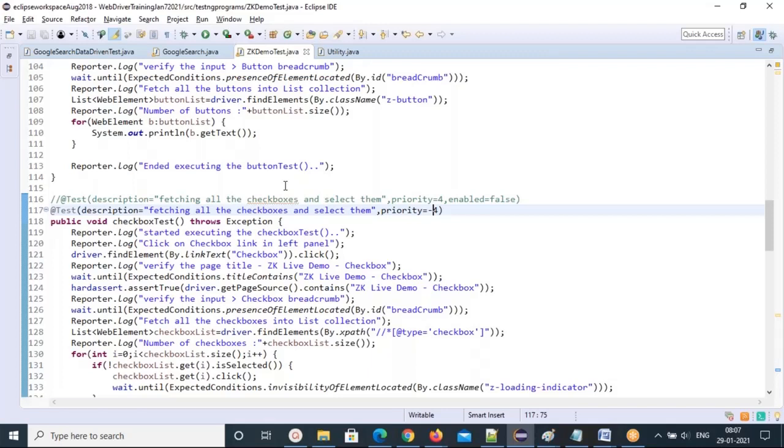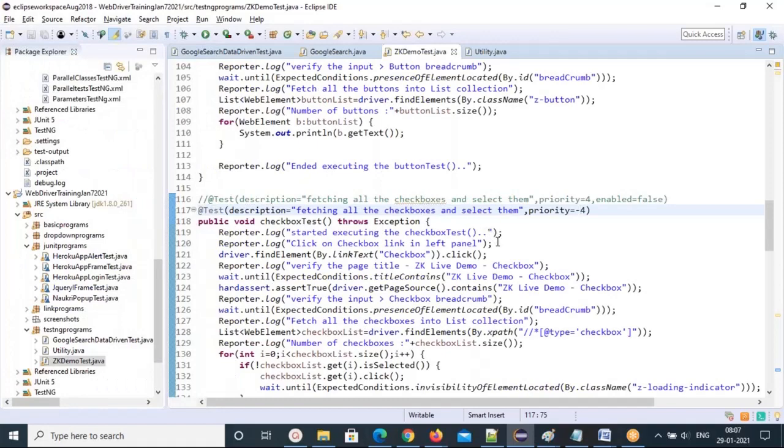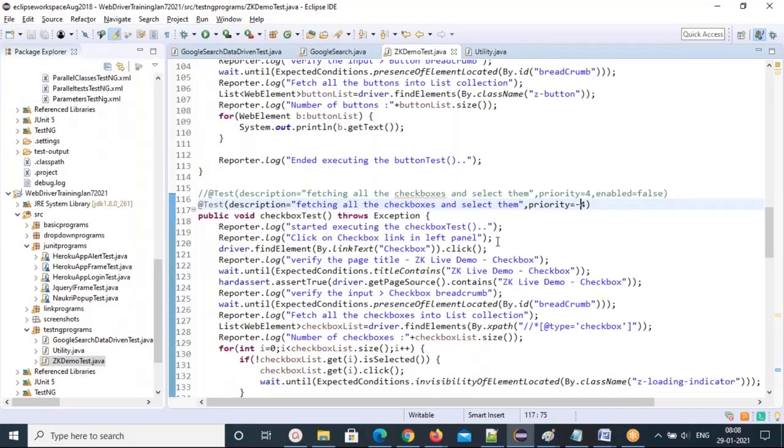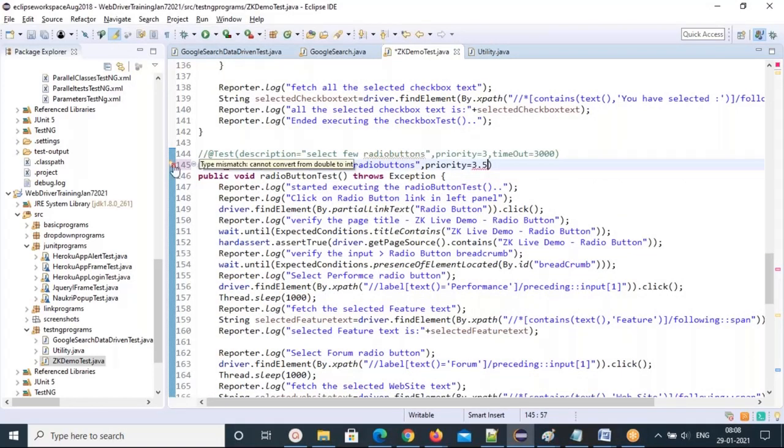One more point: can we give floating values? That's another question, and this is also already included in our blog. What is happening? Type mismatch, cannot convert from double to integer. So priority accepts only integer numbers, either positive or negative, but not floating or double values.